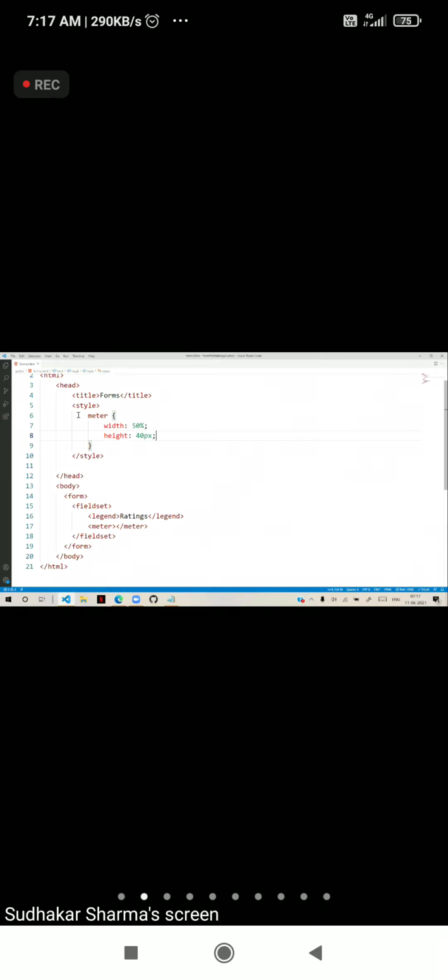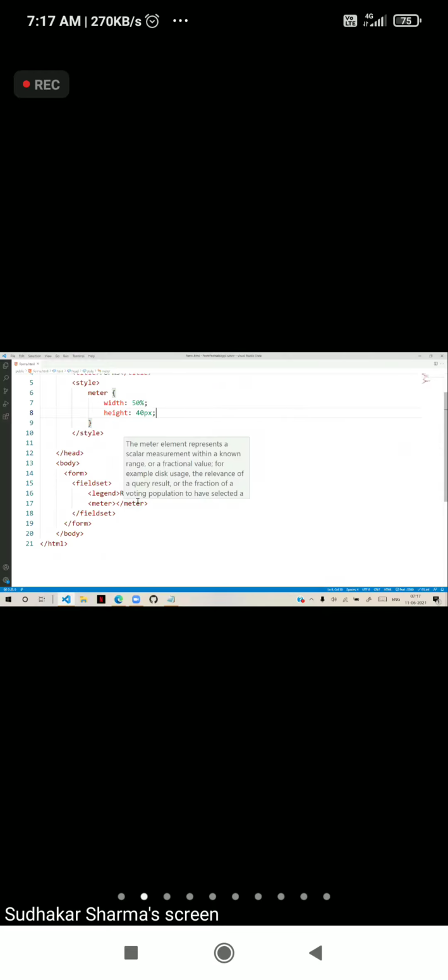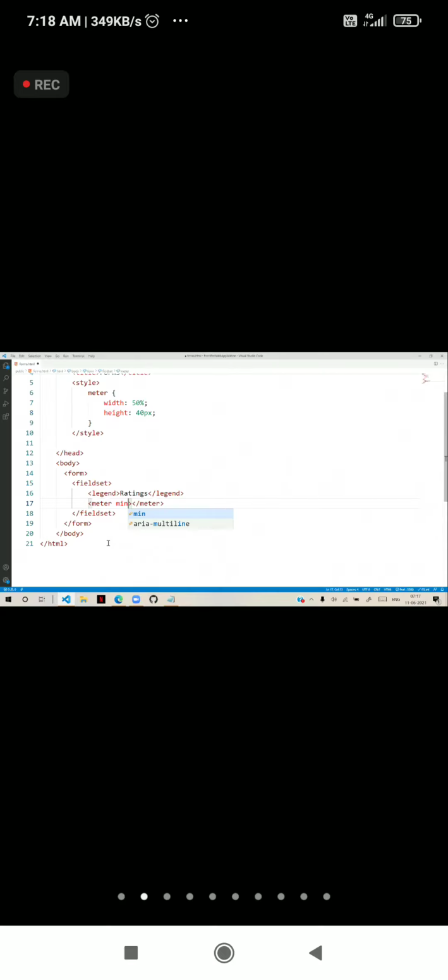And generally meter control will have here we have the options like minimum. Min is equal to how much? Suppose I given 1. Max is equal to how much? Suppose 100. You can give any value. You can give fractions also, 1.5 to 4.5 like that. So minimum 1, maximum 100. And it will not show anything here.